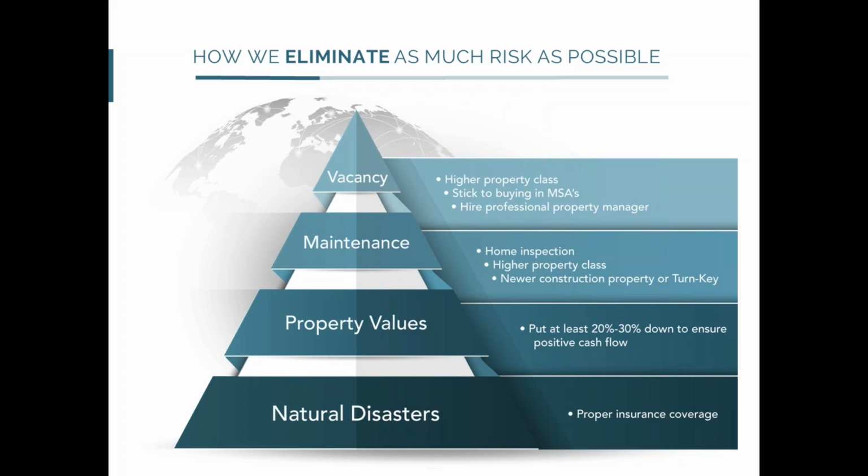You want to buy low, sell high is always the motto, right? But when you don't do that and you buy high, you don't want to sell low. You want to ride that out, and you want to, again, evaluate your risk and how much of that you can take on. Maintenance issues, Scott covered this a lot as far as